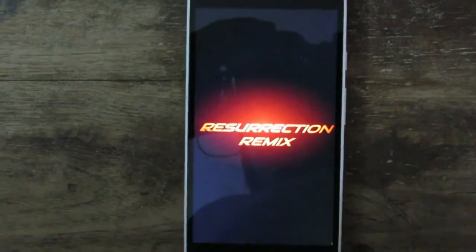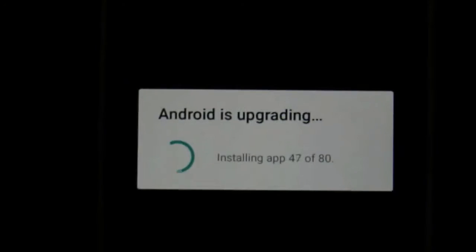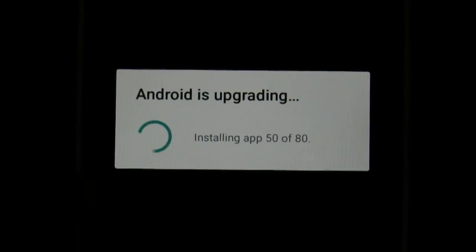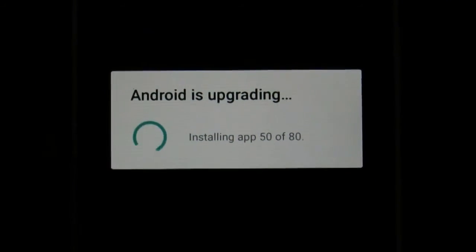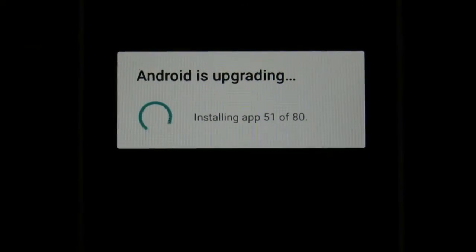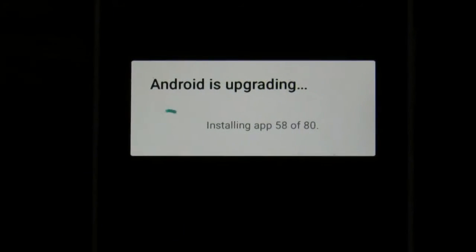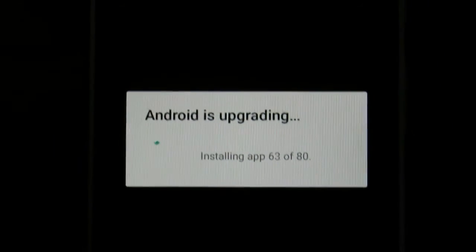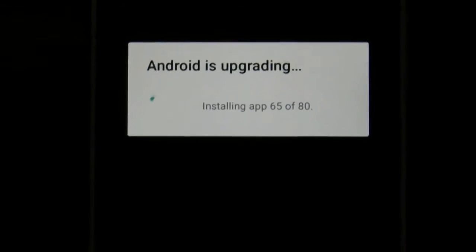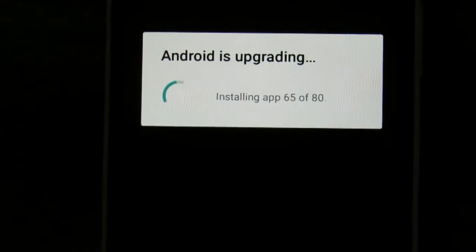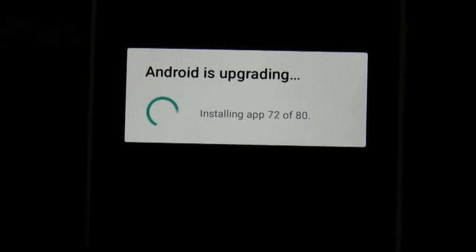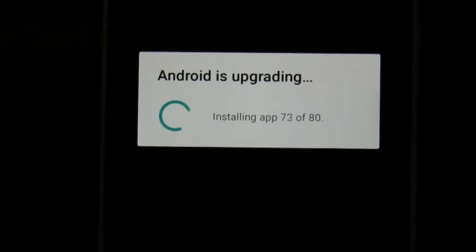Wait until it reboots. As you can see here, for the second time it booted successfully. This is the common problem many users face. So do not panic, just do what I said before and you are good to go, and wait until it optimizes everything.